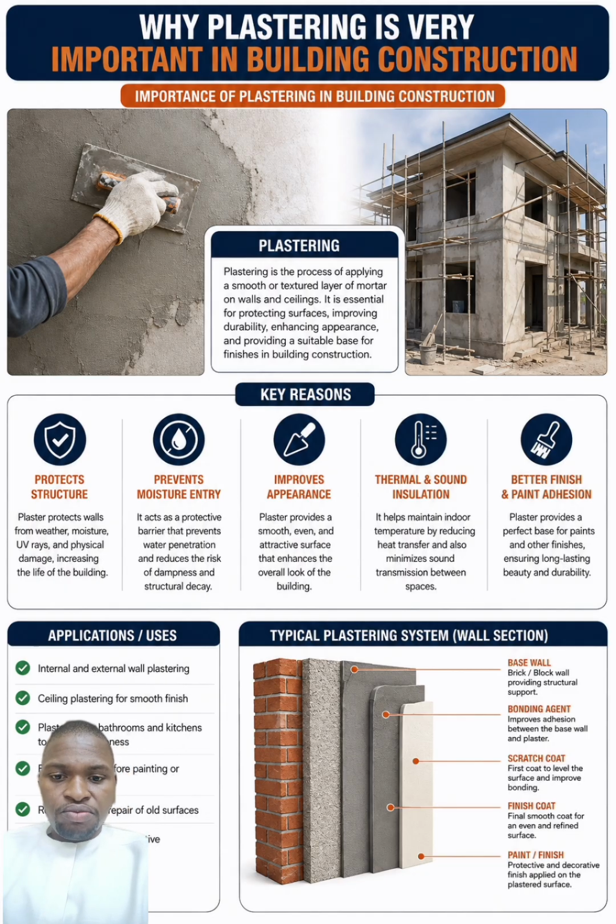So because of that smooth surface, it enhances the overall appearance of the building, be it your bridges, whatsoever you're constructing. Once you do your plastering like this, you understand, everything comes out very well. Sometimes even your retaining wall might not be straight, you might just get casting multiple times, but once you do your plastering, you see that everything becomes very beautiful and nice. Then the next point is thermal and sound insulation.